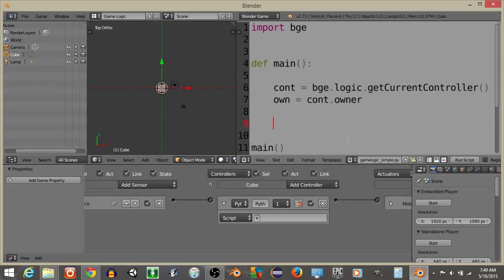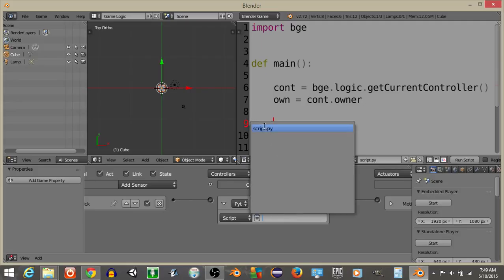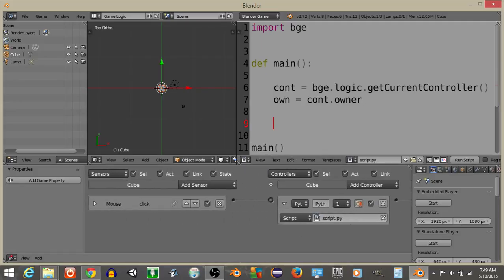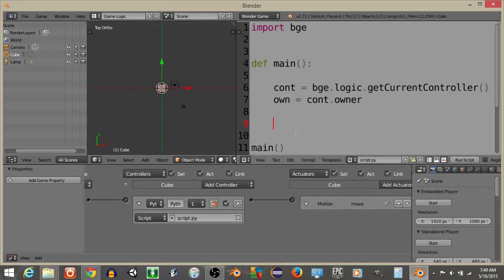Hit Control and scroll up on your mouse to make your text larger, and rename this as scripts.py and add this right here. Once we have this, since it's just going to run the script whenever we press the mouse button, we're just going to do controller.activate(cont.actuators["move"]). So normally what we'd do is have a variable called move itself be equal to this section right here,